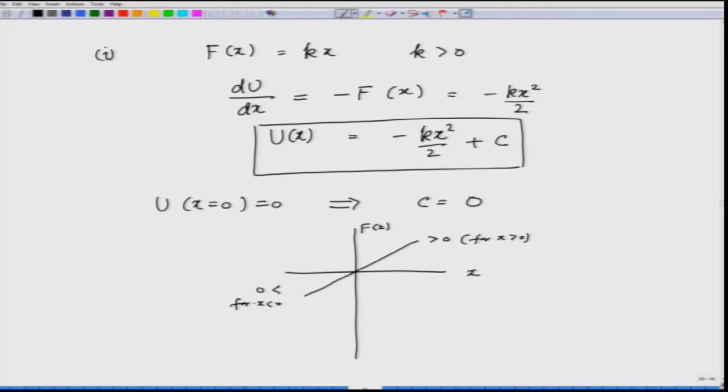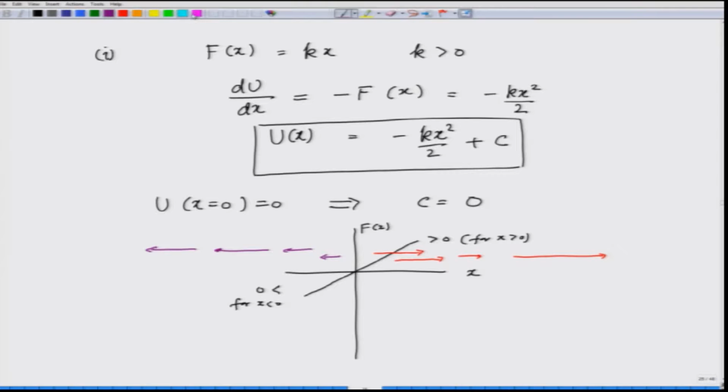That means on the right side, for x greater than 0, the particle is going to experience a positive force, and therefore it is going to be pushed this way. Larger the x, more the force. On the negative side of x, the particle is going to be pushed to the left. Larger the distance from the origin, more the force. So, from the force graph, this is what you see,